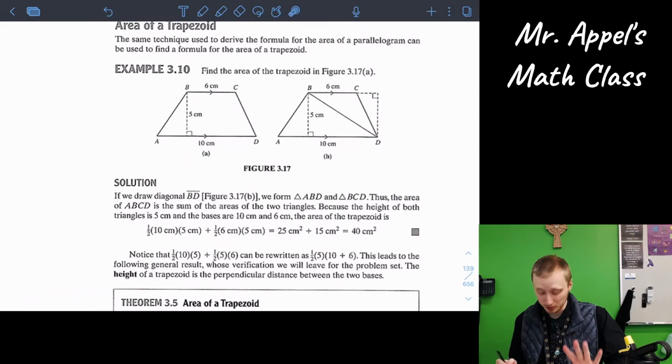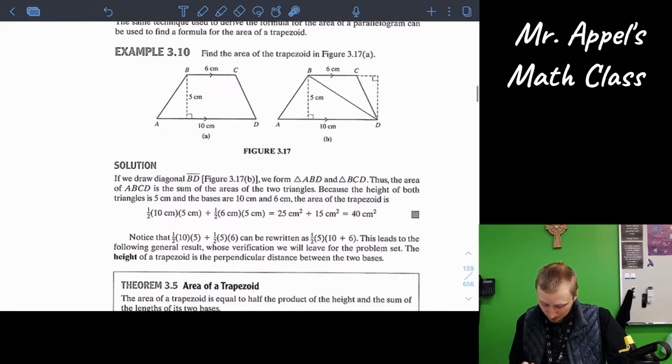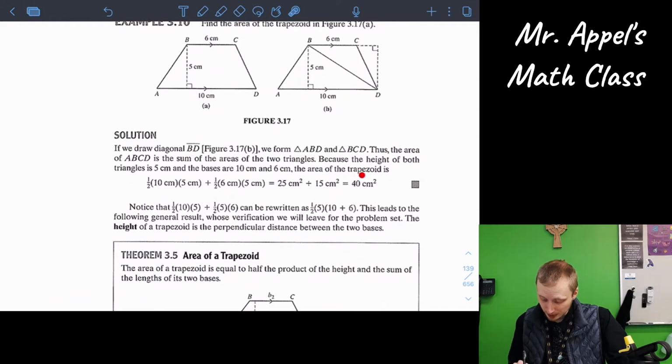But at least that still works. We can still add them together. Because the height of both triangles is 5 centimeters, and the bases are 10 centimeters and 6 centimeters, the area of the trapezoid is, wait, let's verify that. So we've got base 10, height 5. Here we have the other triangle of base 6, and if you extend this out so you can go perpendicular to the other vertex, you will have the same height of 5. So the area is 1/2 times 10 times 5 plus 1/2 times 6 times 5, which equals 25 plus 15, or 40